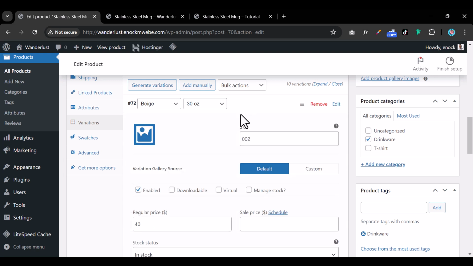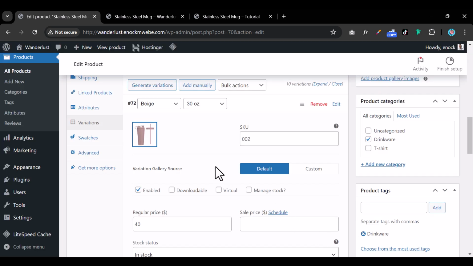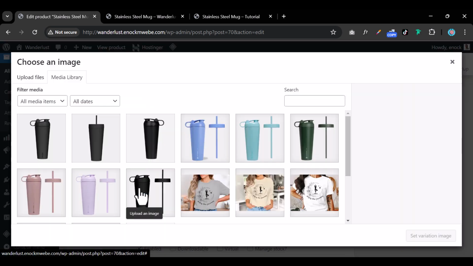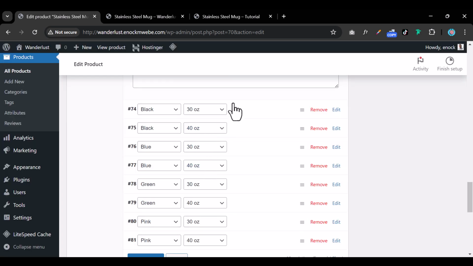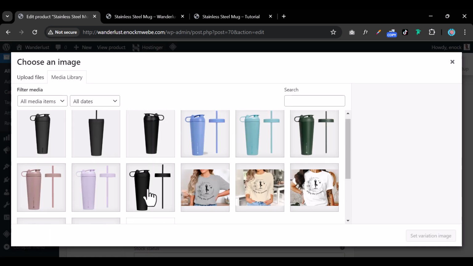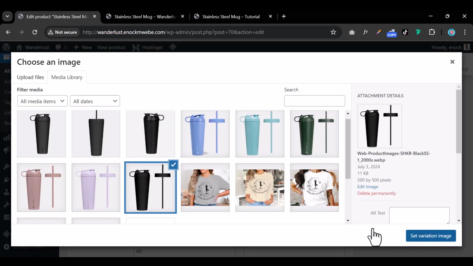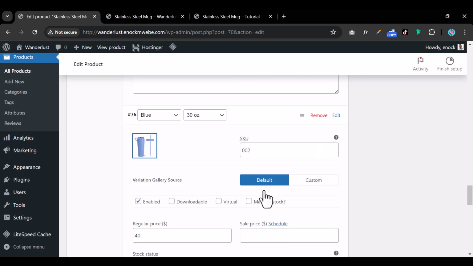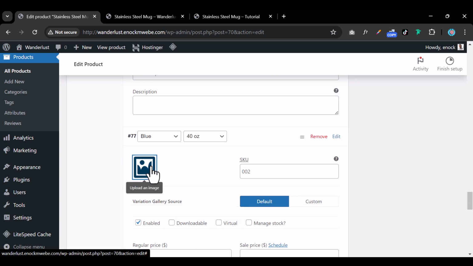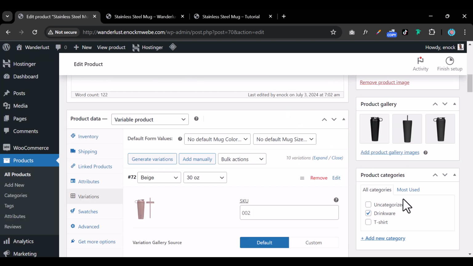Then under the 20 ounces, you have to go adding colors. For example, the beige looks like this. So beige, scroll down, and under each color you have to add a respective image for the variation. For example, for black, we can use this. The 40 ounces can also use the same image, and the blue can also use the same image as the blue. Let me show you, because if we update this,